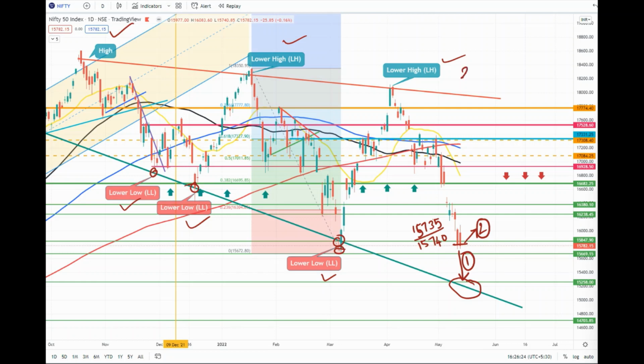The updated data for the 20-month moving average falls around 15,790. We are almost there. The low made is 735 and 740. So it's very much possible that here it may take support and bounce, or considering our scenario number 1, it may further go down. So if it goes down, what are the levels that we should be looking at? If you go by the previous swing low,